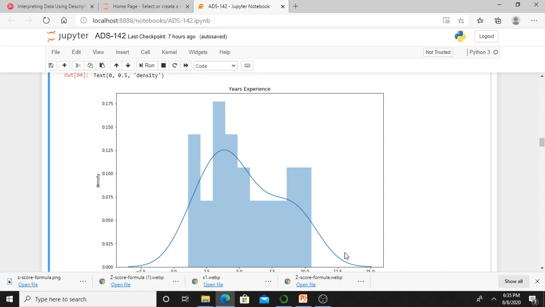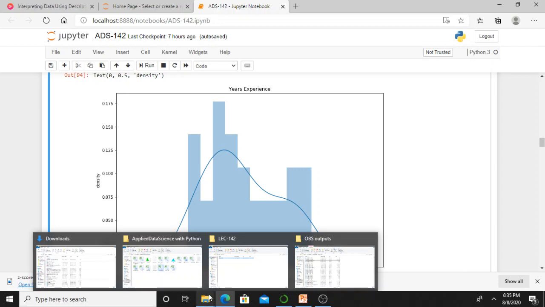Before converting into Z score values, we had a KDE curve. After converting, and before converting, you are getting the same KDE curve. The distribution of the original values has not changed. This is the KDE curve of the original values, isn't it? I will repeat as it is important. The distribution of the original values has not changed. We have discussed this earlier.